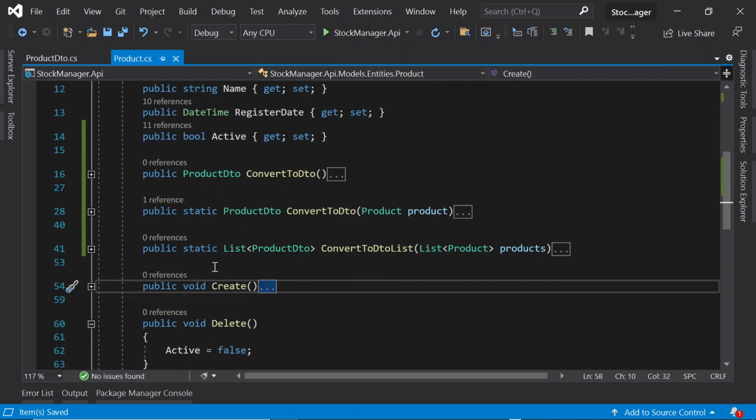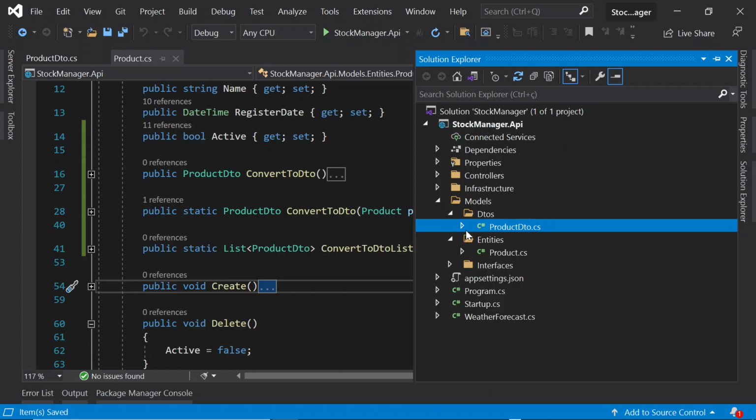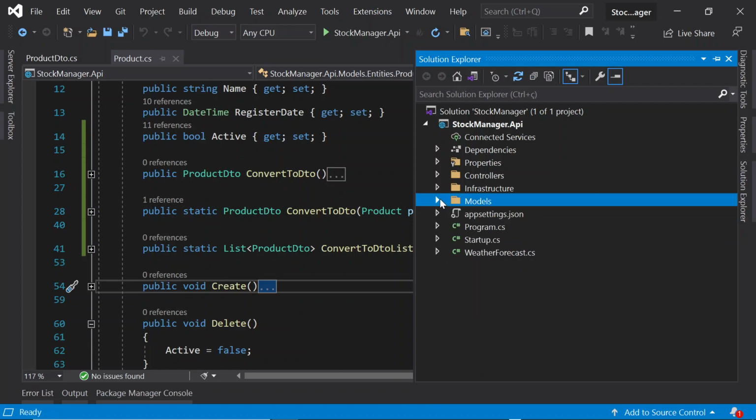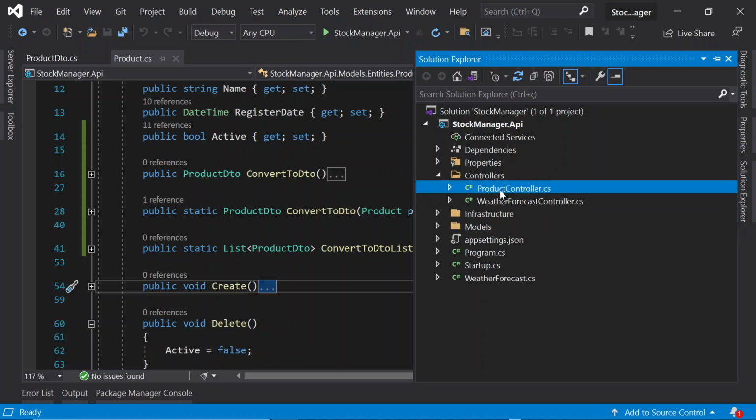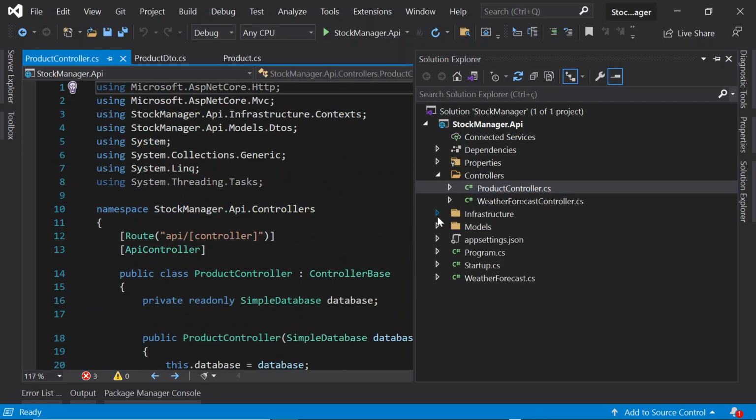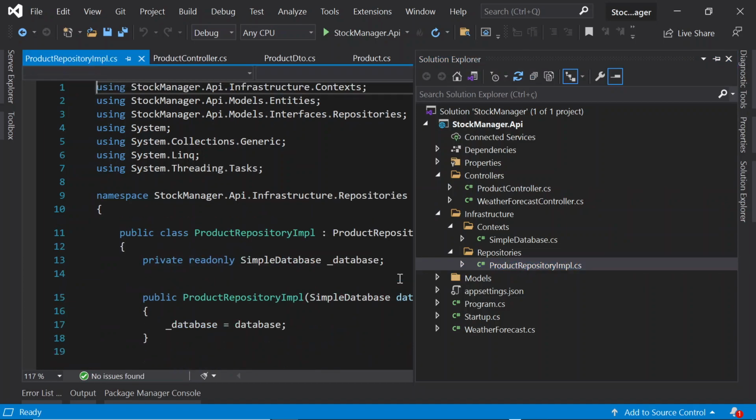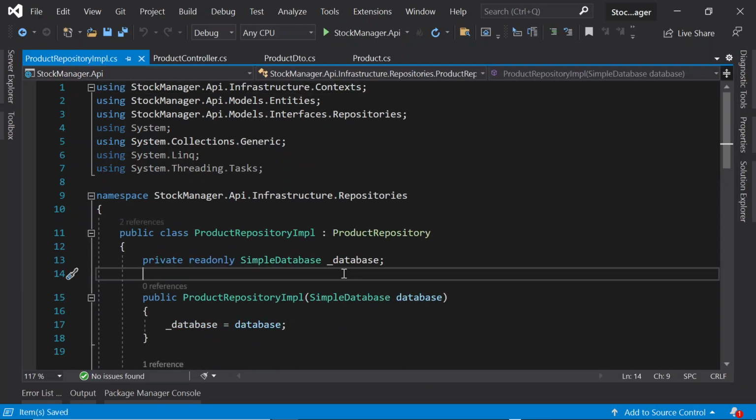Okay, so let's create the middleware layer to use this converter and implement the cross between our controller and our repository. In the next video we are implementing this, so I hope for you